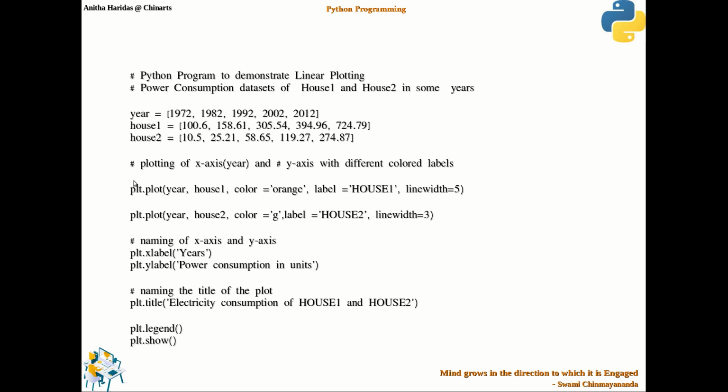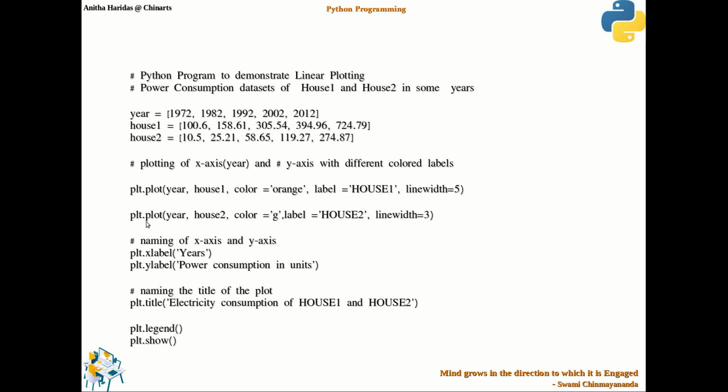Okay. Now I am going to use the plot function here. What are the two values I have to give? I have to give the x value and the y value. So for the first plotting, I have the x value as the year and y value as the units consumed by house 1. And there I said the color of the line must be orange, the label should be house 1, and the line width should be 5.